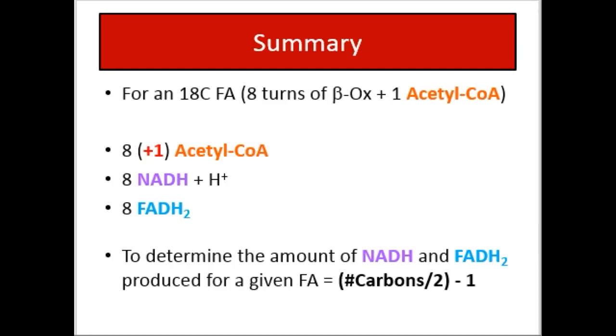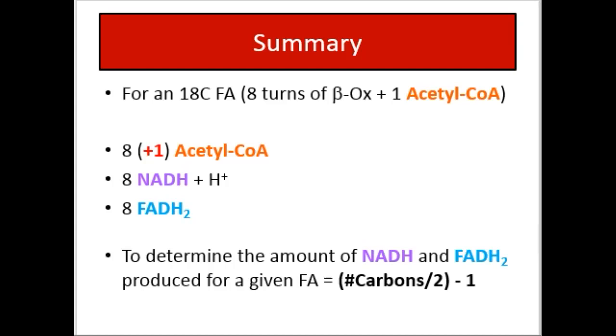So for an 18 carbon fatty acyl-CoA molecule, once it's fully broken down through beta oxidation, we've produced 9 acetyl-CoA in total. So 1 for every turn of the beta oxidation cycle, and then also that 1 acetyl-CoA that we're left with at the end. So that's 8 plus 1, 9 in total. And then we've also produced 8 NADH and 8